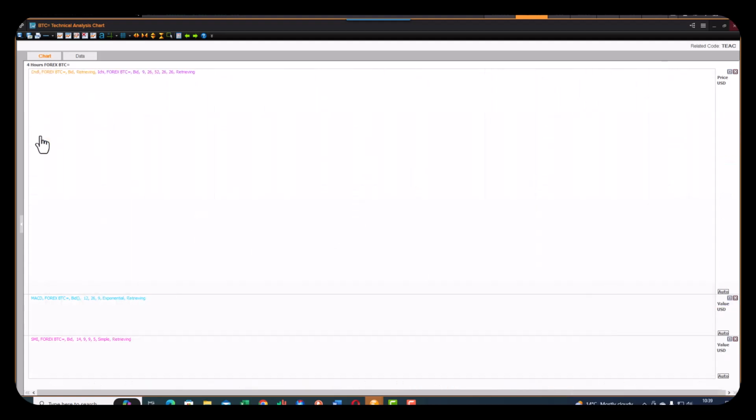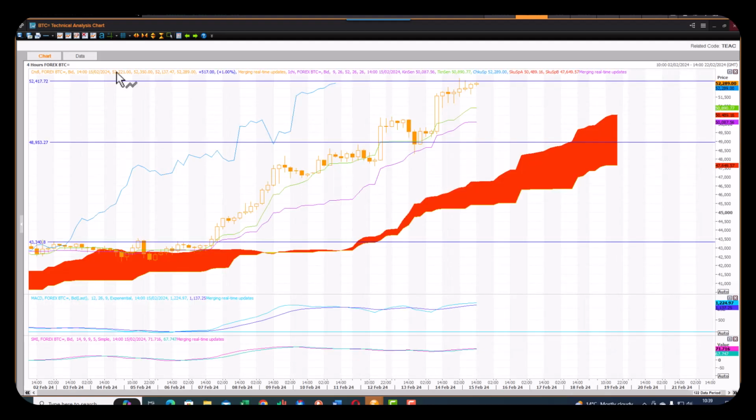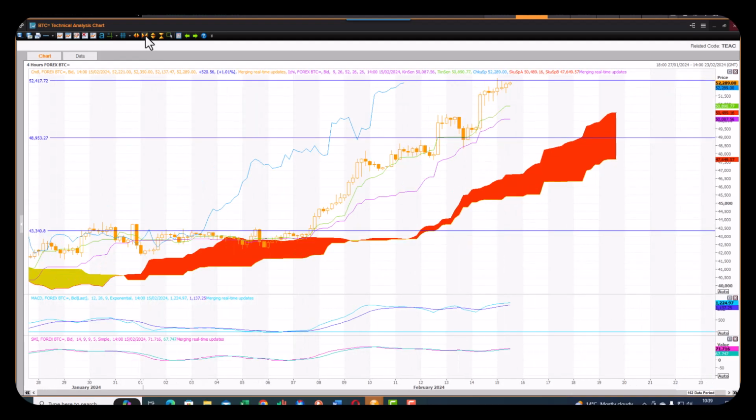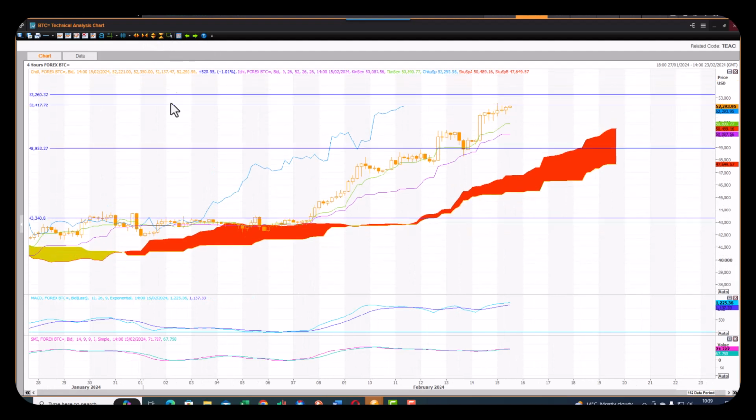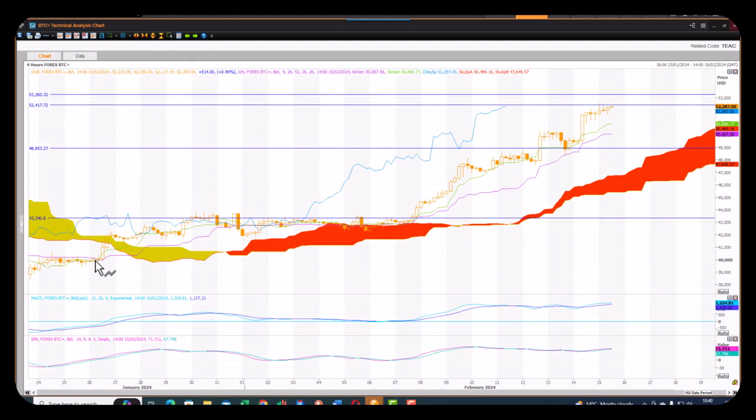If we look at it from an intraday 4-hour time frame, just to give a little bit more information, you can see there we had this huge cloud cross here. There was a buy signal there, cloud cross buy signal, and then a strong move, bullish territory on the 4-hour. It changed the outlook on the 26th of January, went into bullish territory at the beginning of the year, so that was a